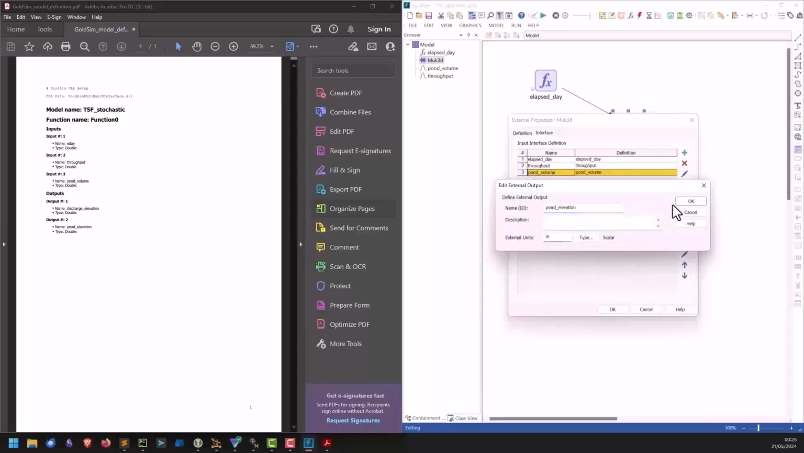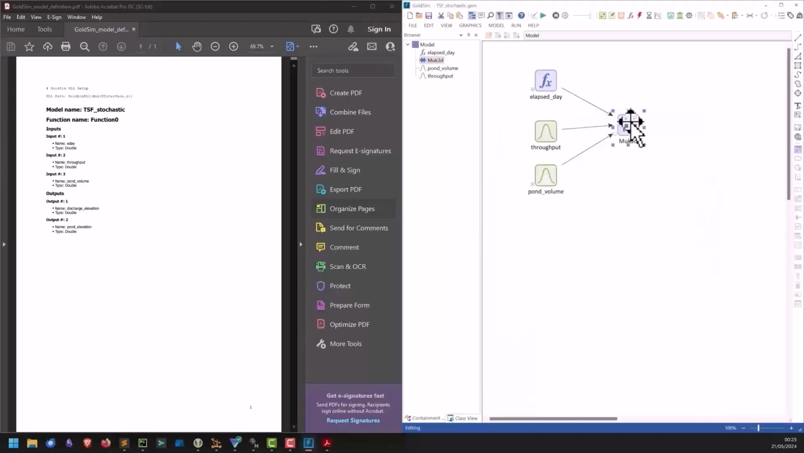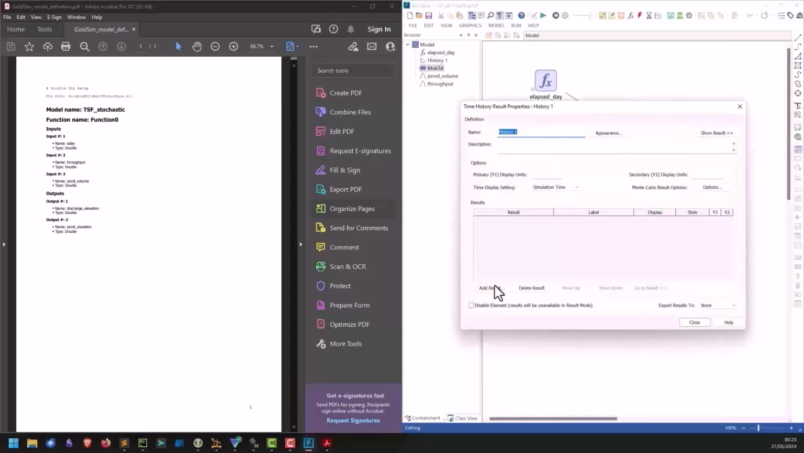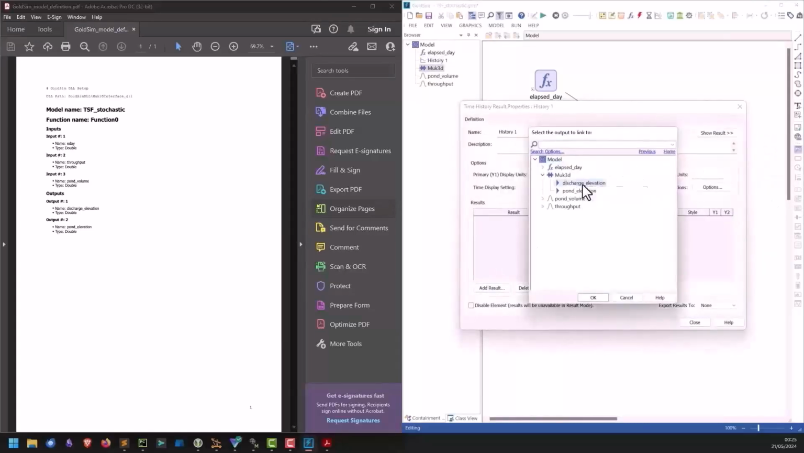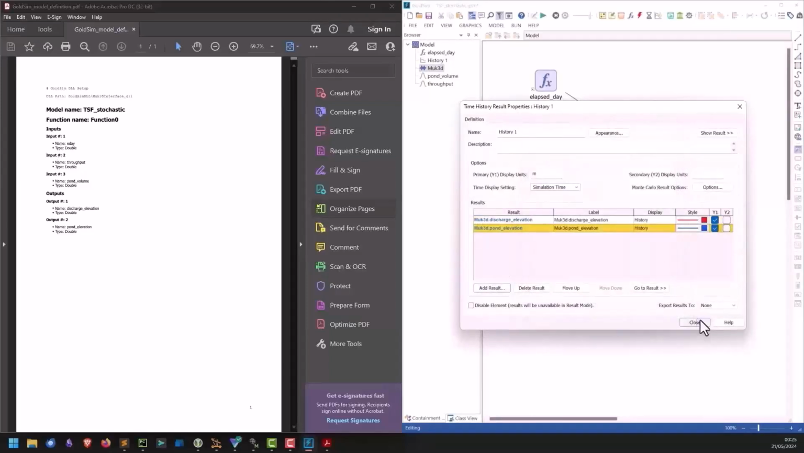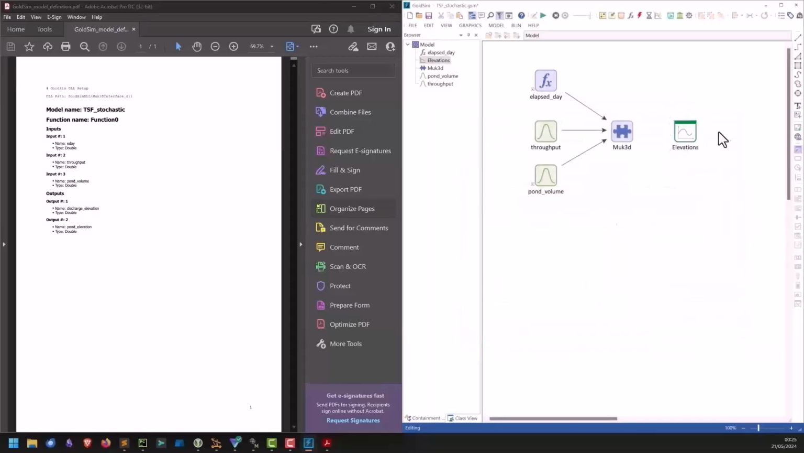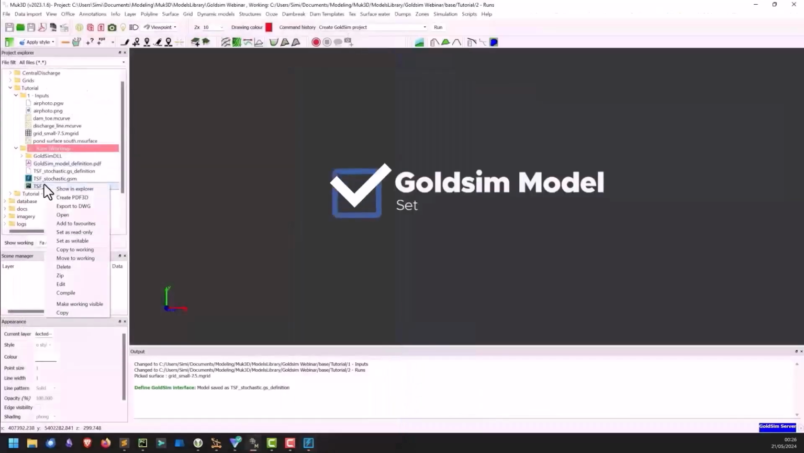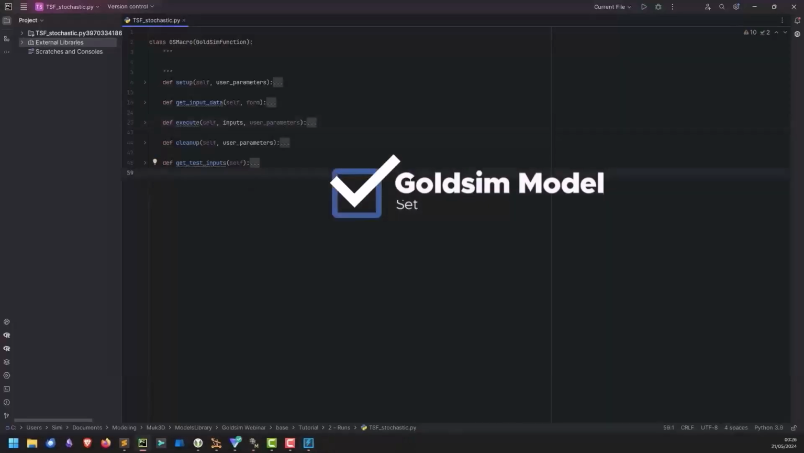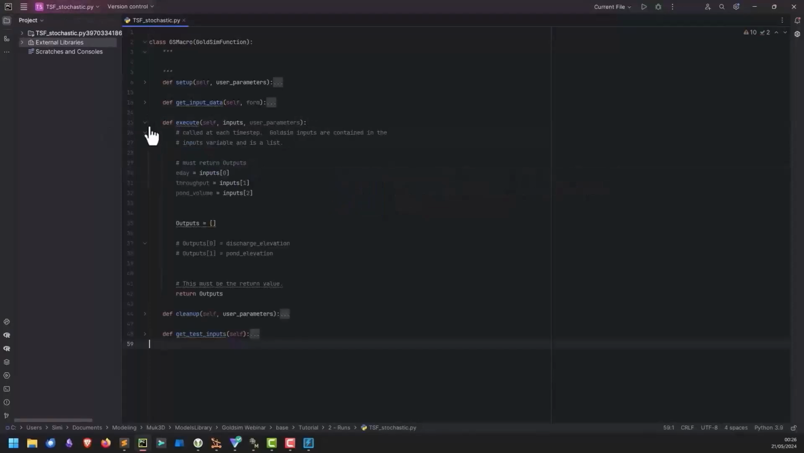Okay, and then finally, we just want to put the result element so that once we run it as a Monte Carlo simulation, we can actually see those results. So we'll just connect it to the results. And that will be it for setting up our initial GoldSim model. So a very basic model for now. Now we can go ahead and actually set up the